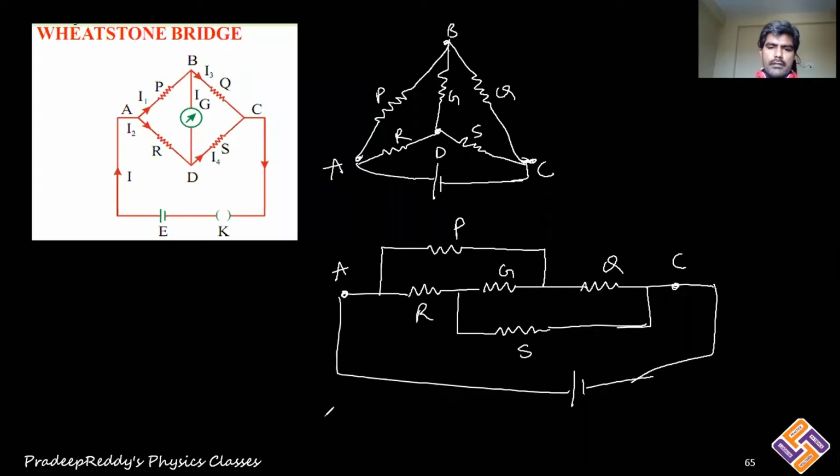Identical circuits, like for the Wheatstone bridge, these circuits are identical. This is one form and this is the other form. In the first form, you can eliminate this galvanometer and the effective is PQRS. And in the second form, you can eliminate the middle resistor, with the four resistors P, Q, R, S connected over there. So simply you can eliminate that particular middle resistor if the bridge is balanced. These are the other forms of Wheatstone bridge.